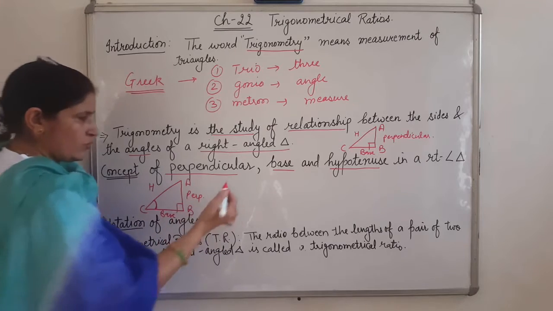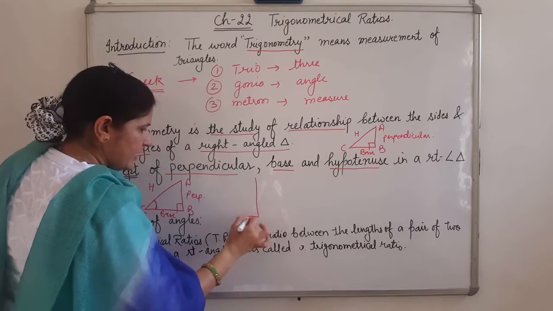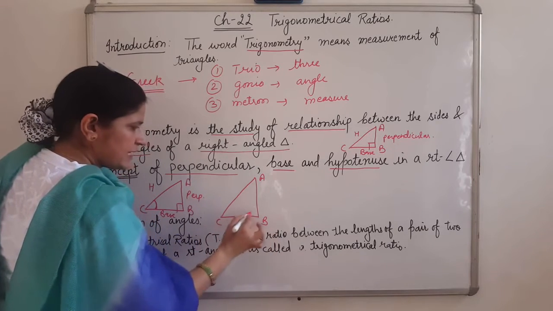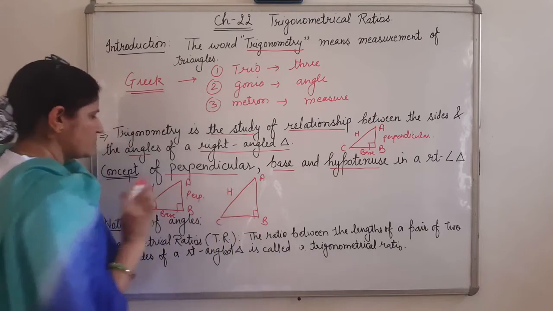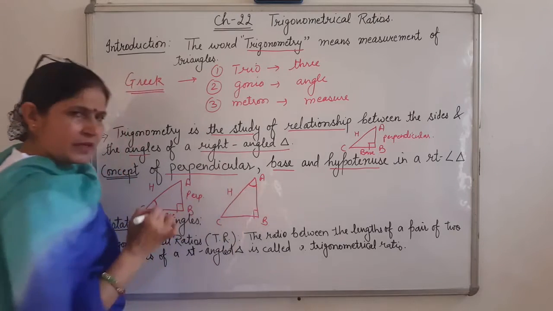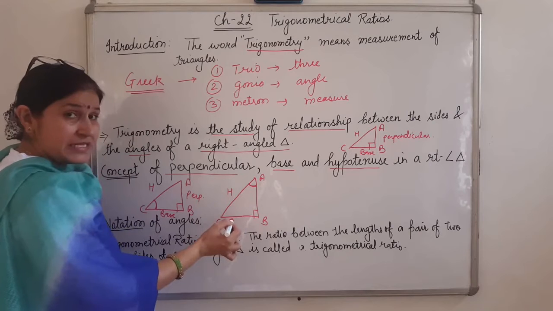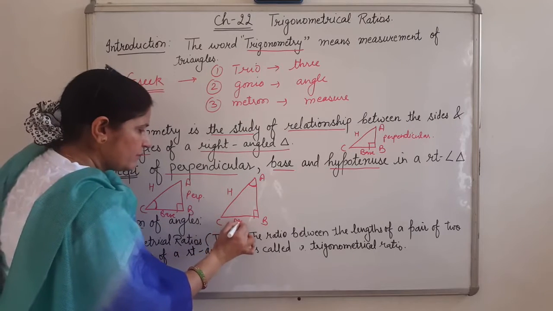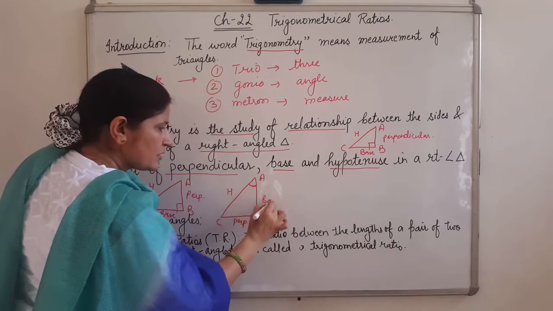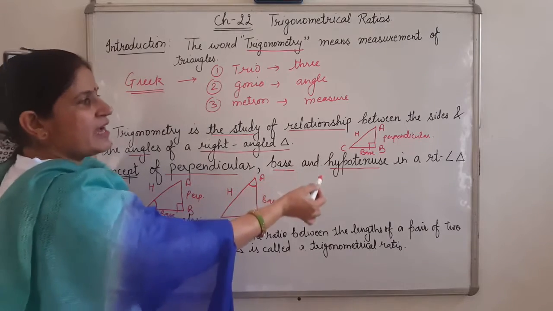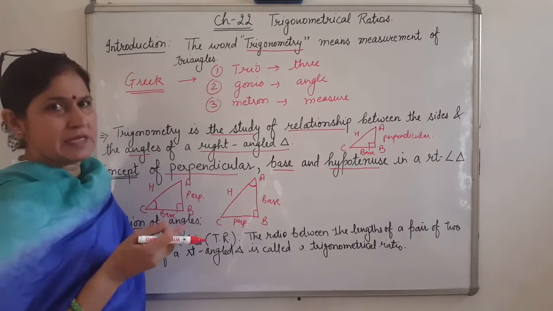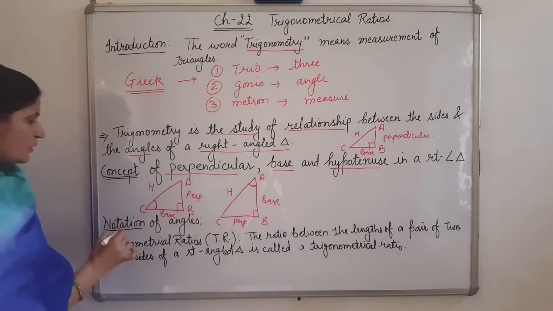Right. So similarly, we are taking the same triangle again, named A, B, C. This is 90. So hypotenuse always remains hypotenuse. It is not going to change with the angle. Now we have to take this angle A. Now opposite to angle A is BC. What will it be? Perpendicular. And adjacent side we will take as base. So this is the concept of perpendicular, base and hypotenuse. According to the angle, the base and perpendicular change their places. Understood?